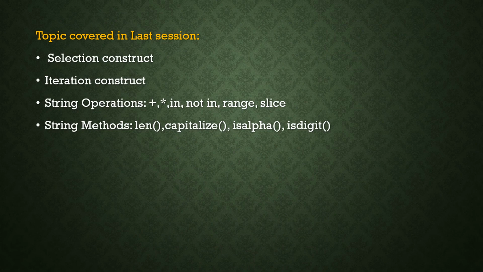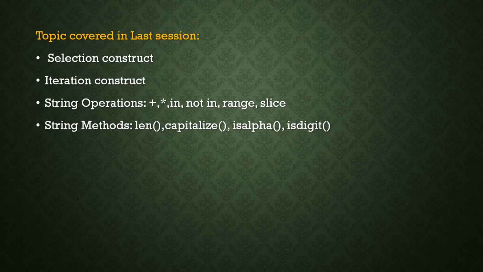And next, the iteration construct. In the last class it was given that there are two types of looping or iteration constructs. The first one is the for loop, the second one is the while loop. These two looping structures were already explained. A looping structure includes initialization, which indicates the lower bound or starting point, and the end point or upper bound, which we can say is the condition, and next the iteration, meaning an increment or decrement operation, which it should include. So these are about the iteration construct.